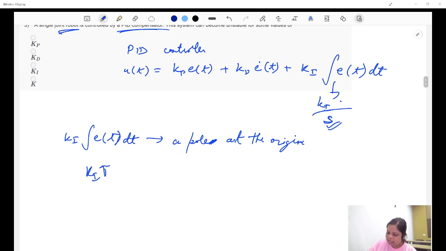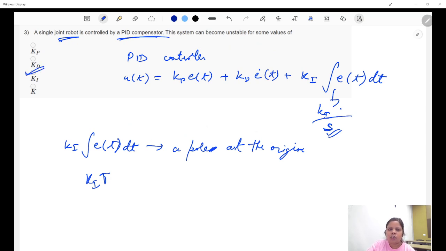So in our case, the answer is Ki. Not Kp, because Kp affects the proportional response and generally improves stability unless extremely high, but it is less likely to destabilize alone. Unless you make Kp very high, there is no problem. It would not destabilize the system at least. Kd adds damping, typically enhances stability. But Ki is integral action. It accumulates error and can lead to instability if the gain is too high. K is ambiguous because it might be a plant or feedback constant as in the previous question, but it is not a controller parameter, so we'll not touch that.